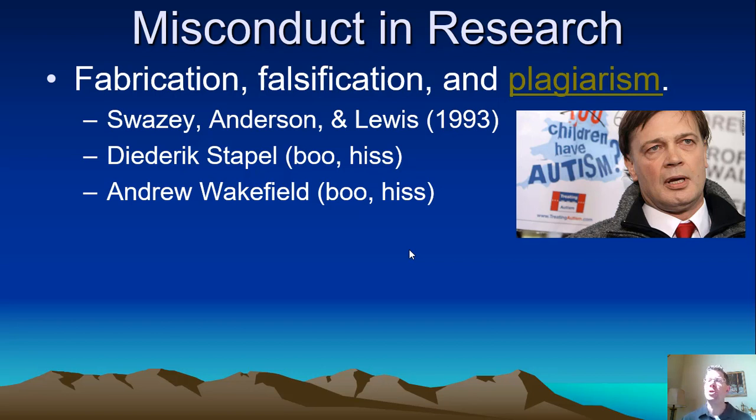The media didn't do a great job of conveying that the data was faked or that subsequent huge replications failed. And because of the failure to get that information out there, we still have parents running around against vaccinations because they think that it's connected to autism when there is no connection. So Wakefield caused huge damage because we've got children out there who get these horrible diseases that could be prevented by vaccinations simply because of misinformation that's out there.